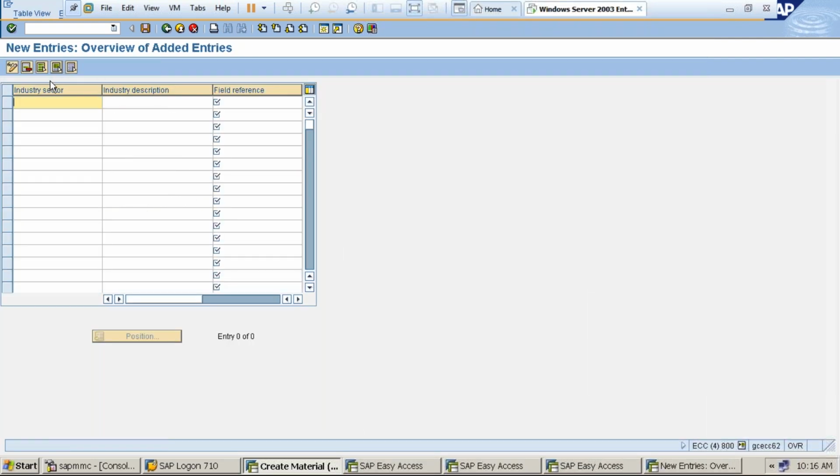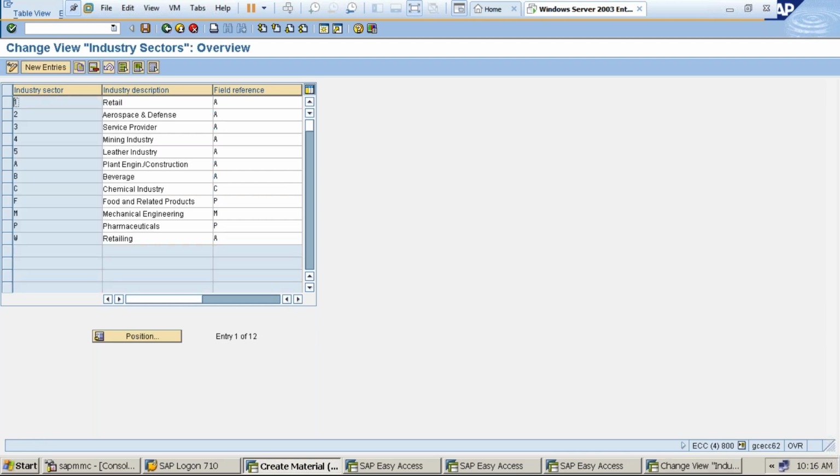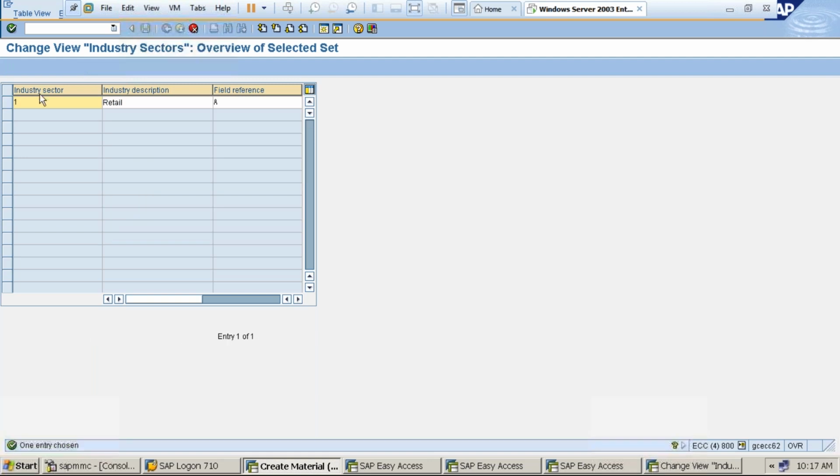Let's say go to New Entries and see whatever information is already mentioned: 1, 2, 3, 4, 5. There is no 6, no 7, no 8. Whatever information is there, don't give it again, otherwise the system will throw an error, entry already exists. So I'm selecting New Entries and I can give 6, 7. I cannot give AB but I can give D because D is not there. W, X, Y, Z are there already, so don't take those. Here I just copy one entry: select this and click the Copy As button. I will change this.